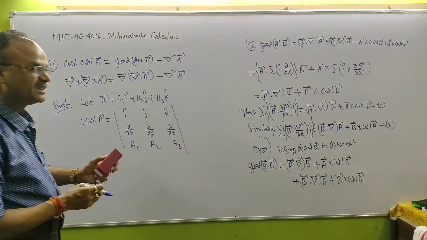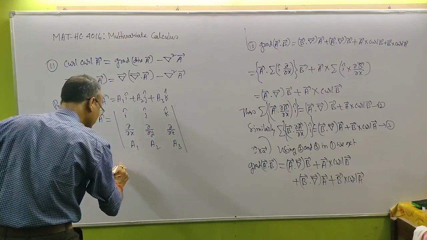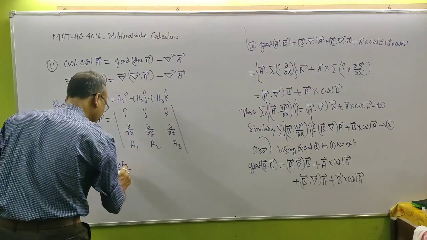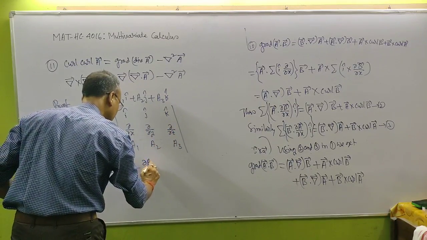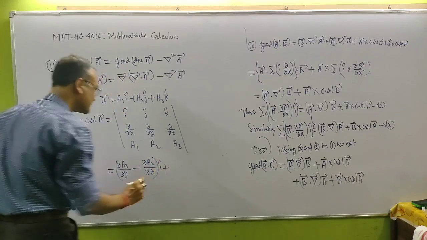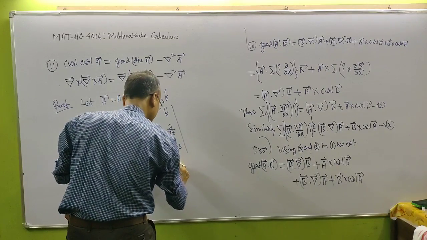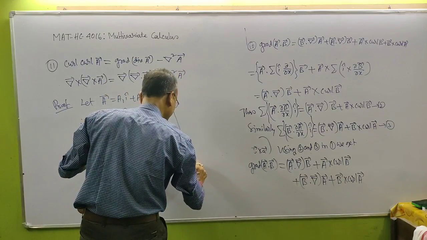This is equal to this into this minus this into this, just like that. You may write del A3 by del y minus del A2 by del z i cap plus, now remove this one, del A1 by del z minus del A3 by del x